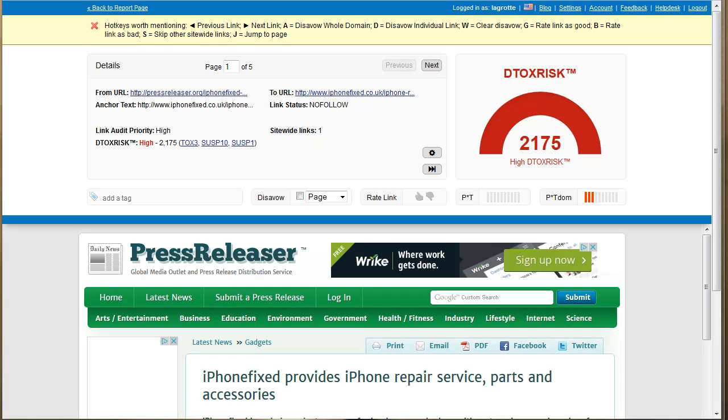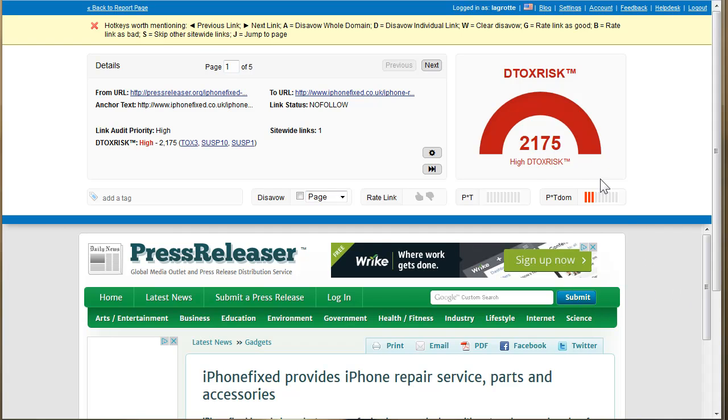Okay, during the process of doing this, I've spotted quite a few press releases. Now, press releases were always regarded as one of the things you should always do, and people used to go in there and stuff their anchor text in there and try and get a follow link.